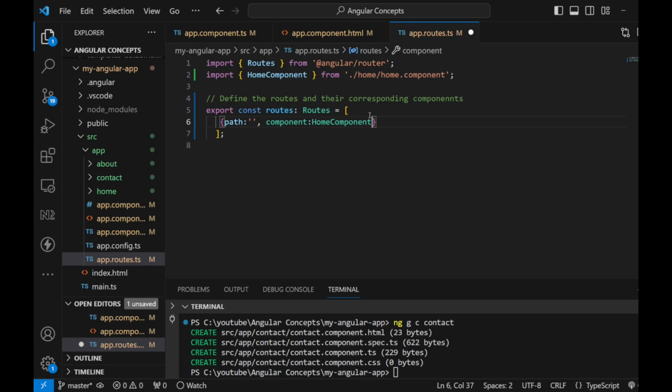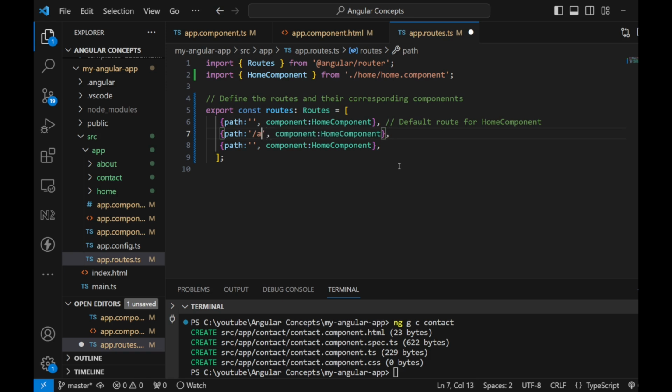Home component is imported automatically. So this is the default route for home component. Now if you want to go to the about page,